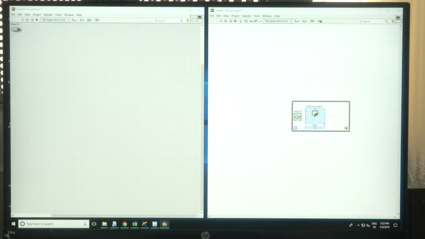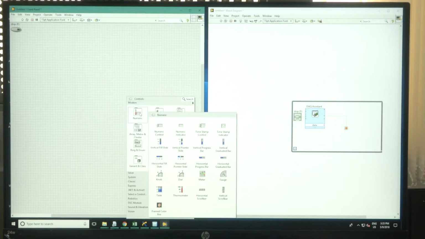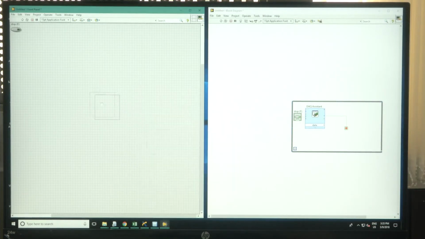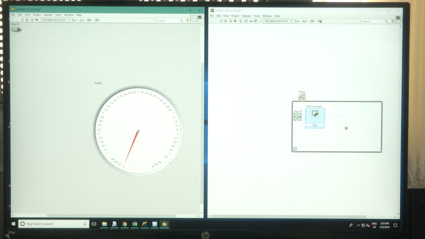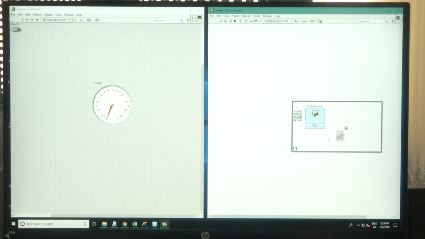The data which is acquired, I will display on the front panel by using a meter or some gauges. So I am connecting it to the gauge. This is a gauge, and I connect it to the data.